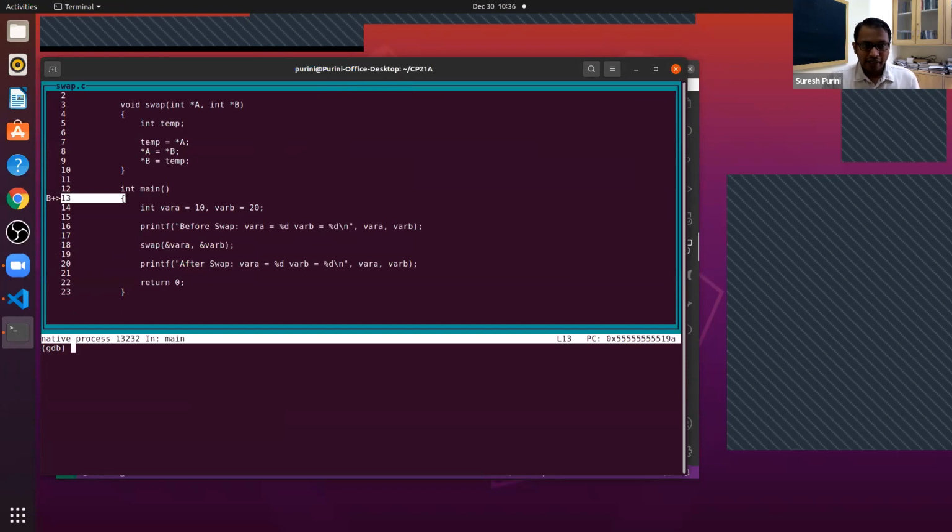So now again, what is the stack content? What is the state of the program stack now? It has only the activation record associated with main. This is our memory and this is our code, which contains everything. And the activation record for main contains two variables, var a and var b.